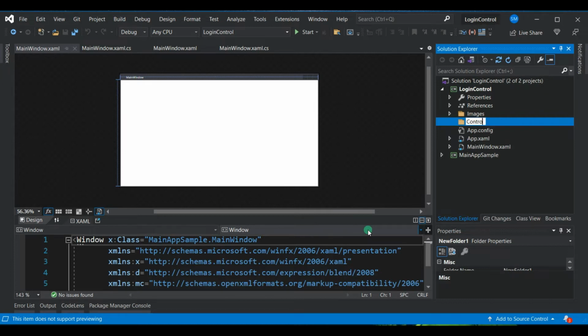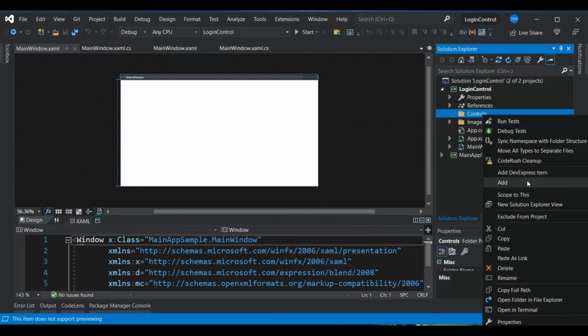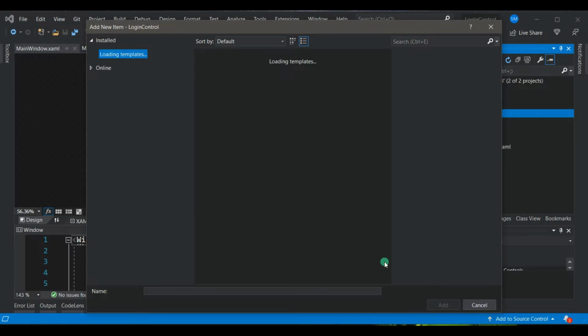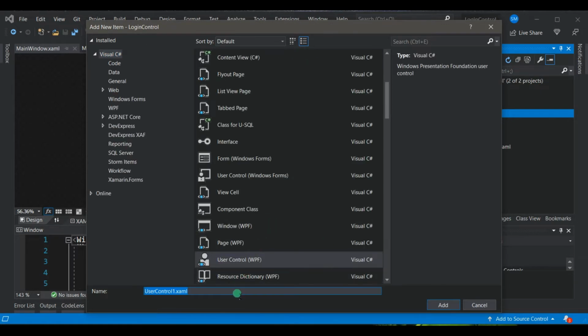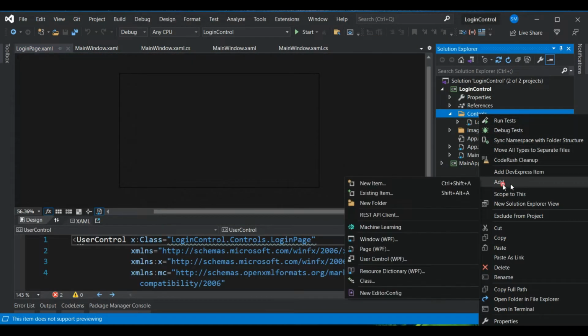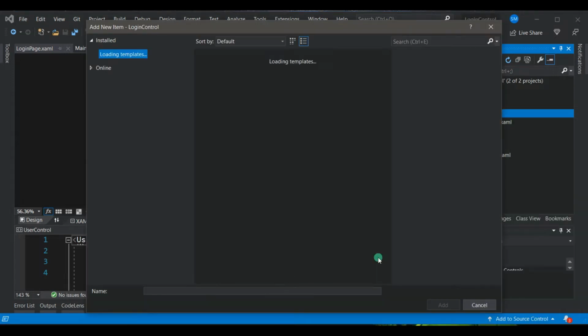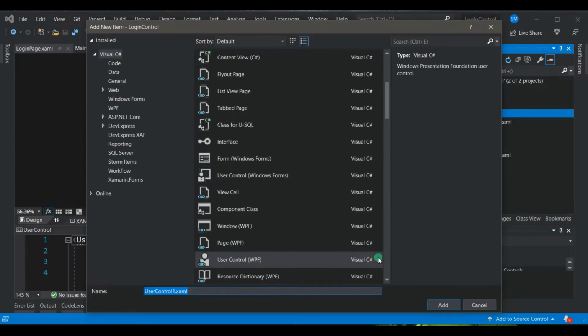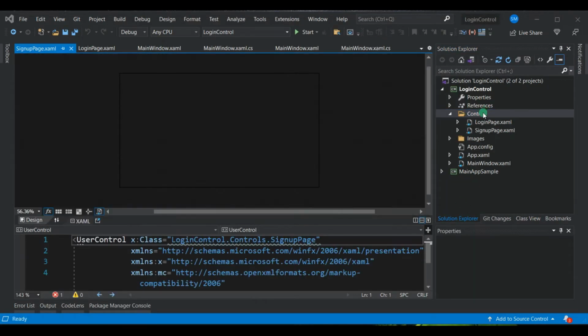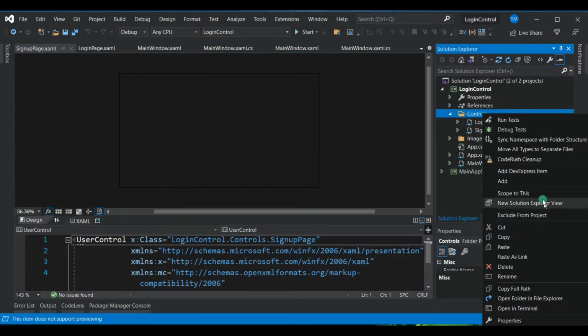Let's call it controls, where we will keep our individual controls. First, let me begin with adding a new user control, and let us call this user control, let's say, login page. That looks reasonable. Sign up page. And login is there, and sign up is there, and forget password should also have a page,